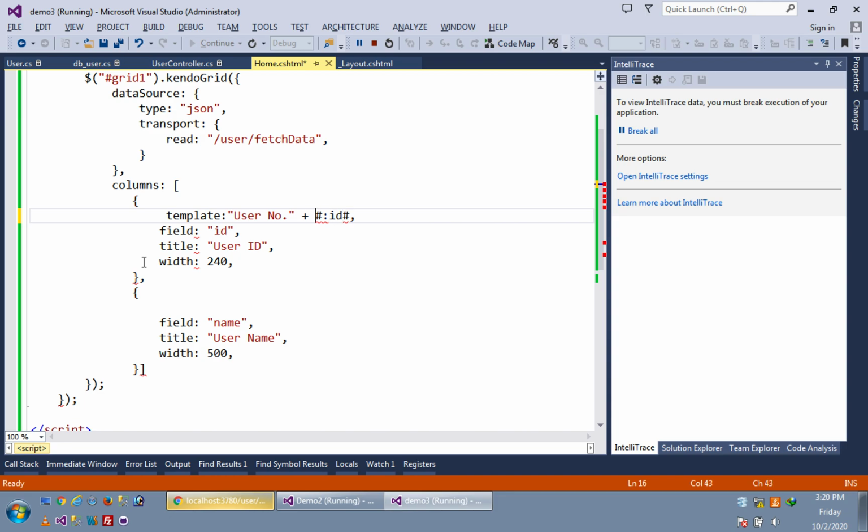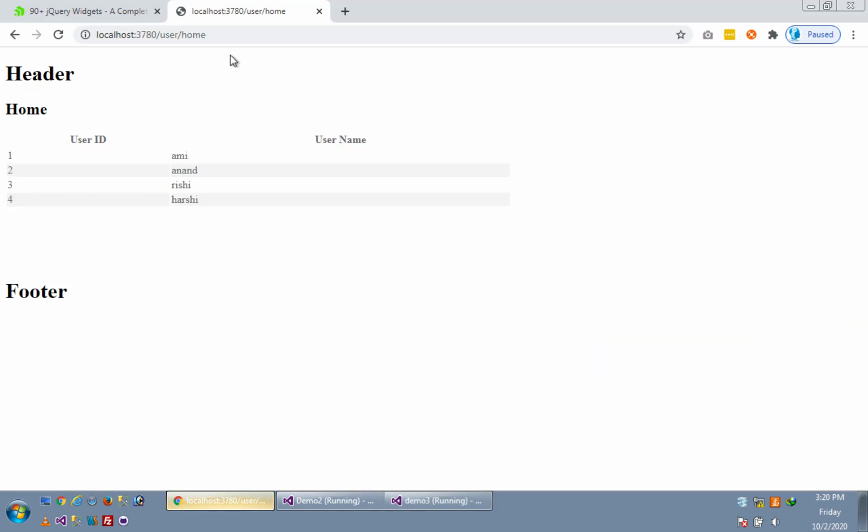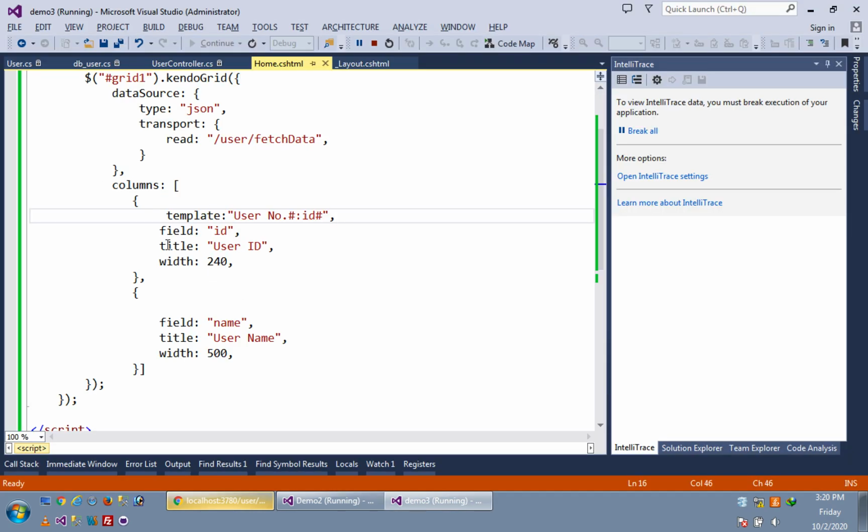Okay, this is also inside the double quotes like this. Okay, let's check. Like this. Okay, user number 1, user number 2, like this. If you want to change the format of your data, then you have to use the template inside the columns.